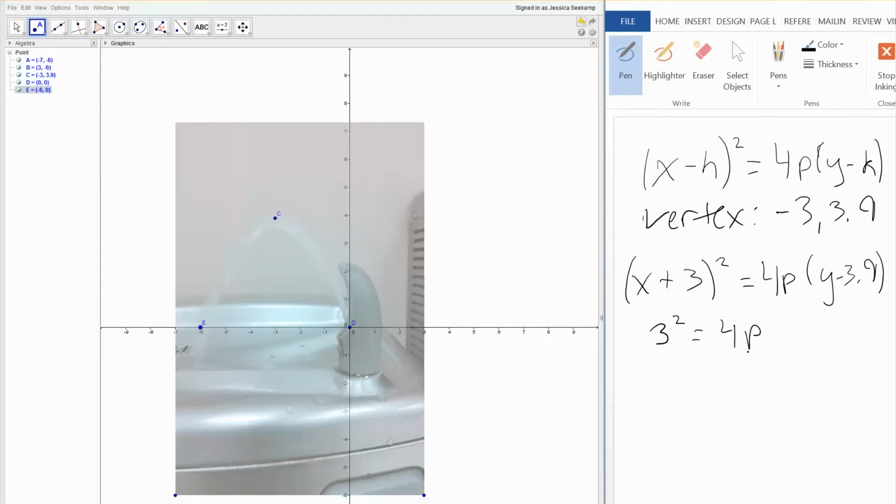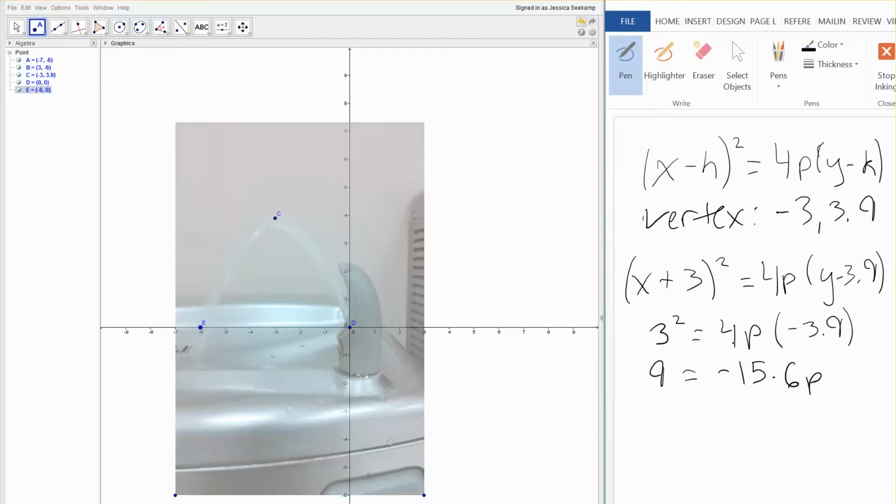So 3 squared equals 4p times, y is also 0, so this is just going to be a -3.9 in here. Alright, so 3 squared gives me 9 equals 4p times -3.9, and you can just get a calculator out. So that comes out to -15.6